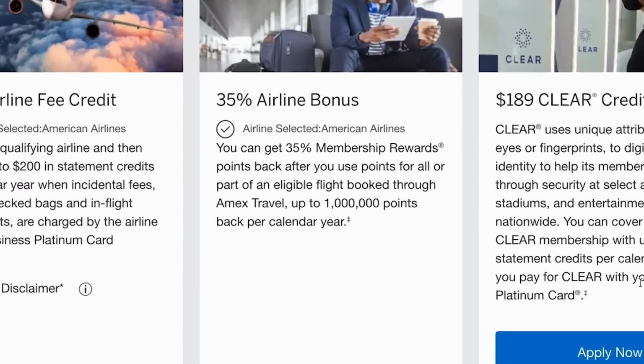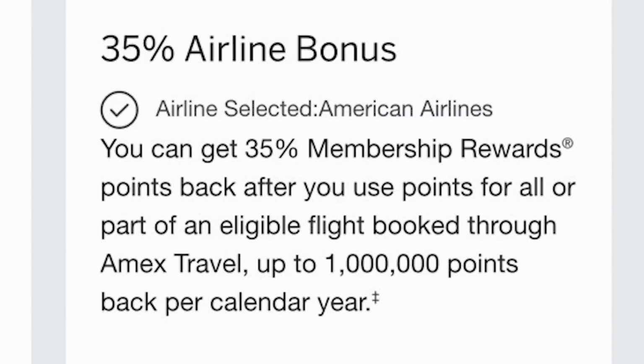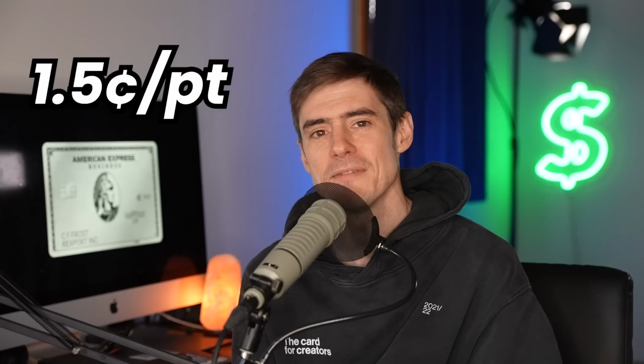Now, what this means is that when you book flights with points through Amex Travel, you're actually going to get 35% of the points you used back. This effectively gives you the same value for Amex points as if you were using the Chase Sapphire Reserve, okay? Pretty much 1.5 cents per point. Only difference is you have to have the total amount of points in your account first, as if points were worth 1 cent per point, and then you get part of that